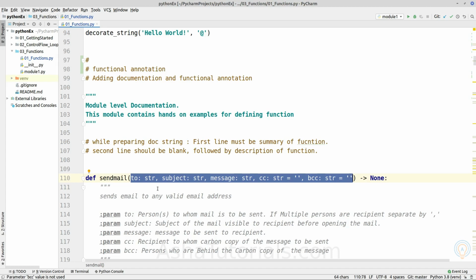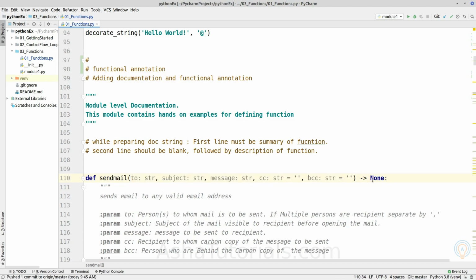So in order to document what kinds of data are expected by a particular parameter and what data type is returned by a function, functional annotations are used.